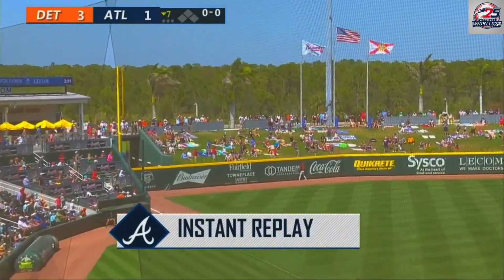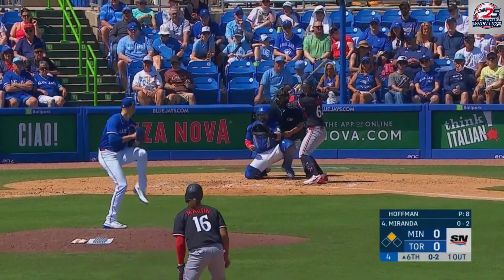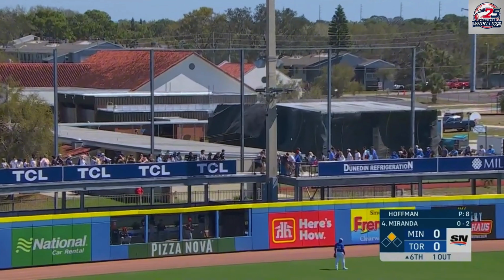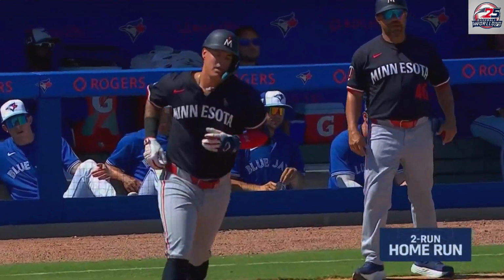Hey, what? He's a mighty mite. He's hit. So runner in scoring position for Jose Miranda. A lot of movement on all of his pitches. Swinging, a high drive. Left field. Santander turns. And that one's out of here. 2-run homer for Jose Miranda, and the